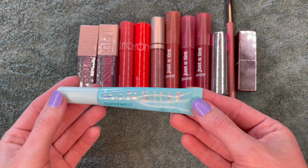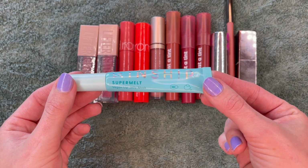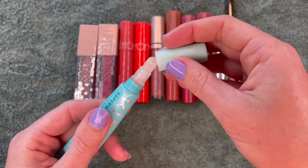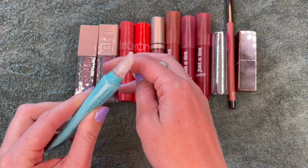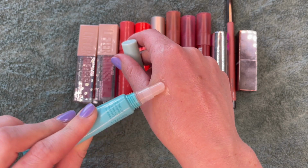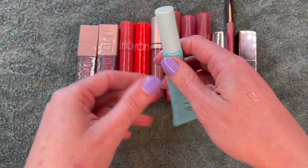Another product that's brand new, only been used about 3 times, is the Kinship Super Melt Vegan Lip Jelly Mask. I have nothing against this. It's just not a mask. I love the squishy silicone-y applicator, and it's a really nice texture. It's just kind of like a smooth serum, but it's called a lip mask, which is what I like, meaning